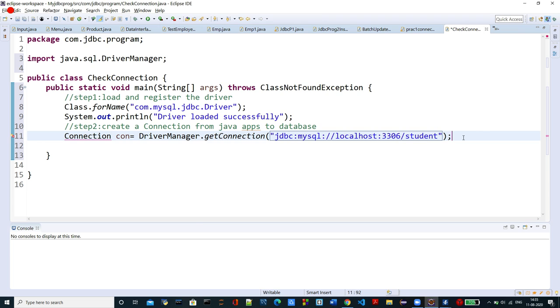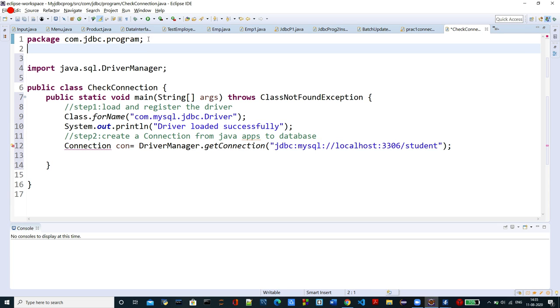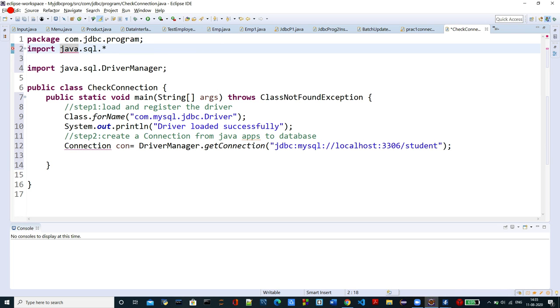So this will throw an exception here. First of all, I need to import the SQL package. Import java.sql.*.